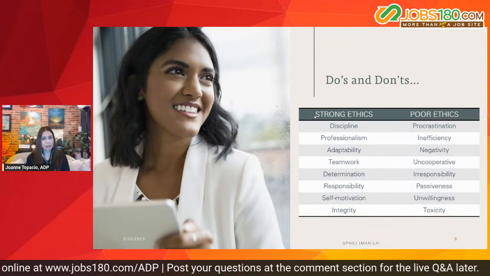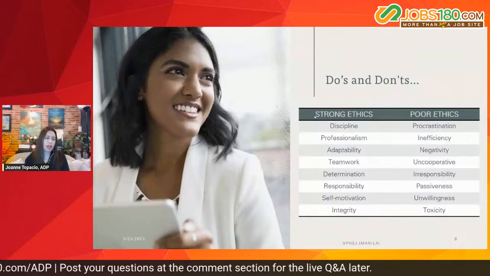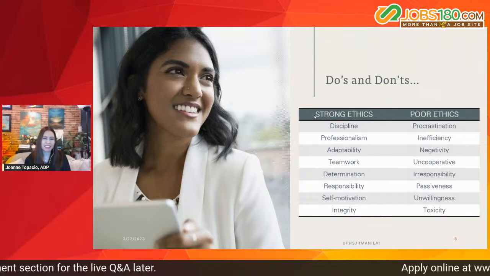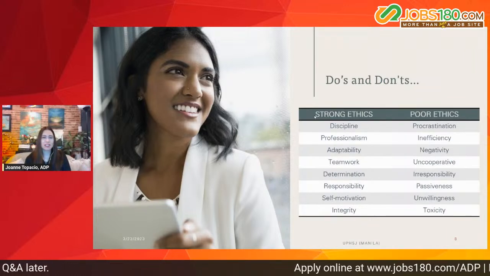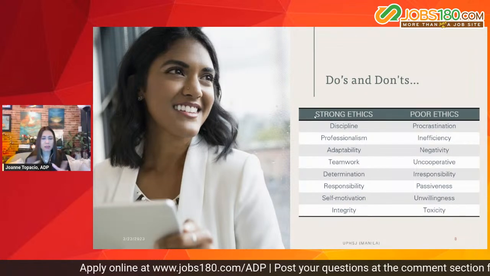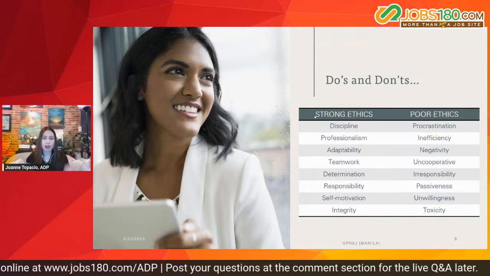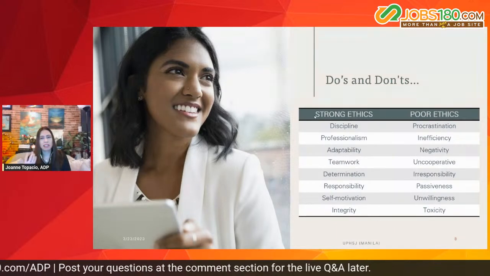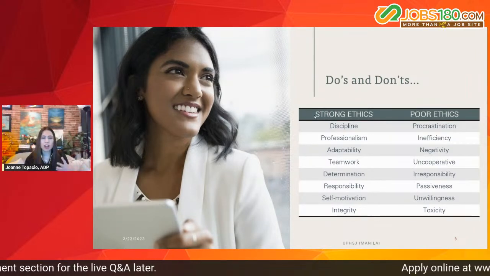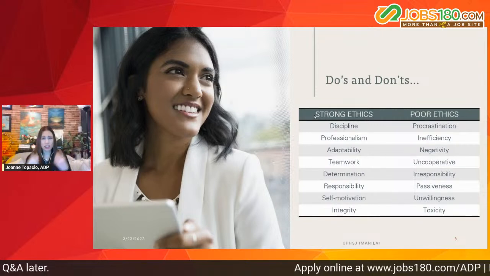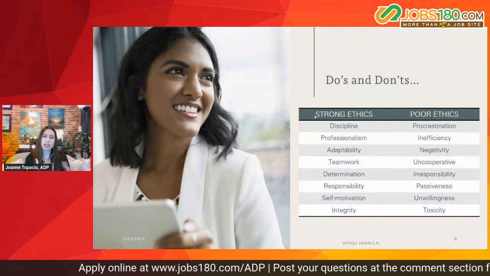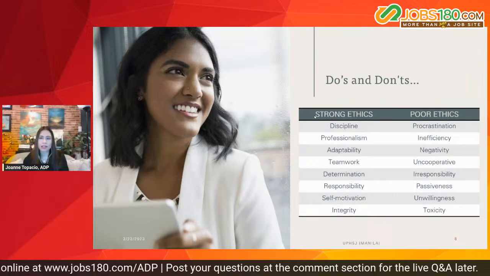Poor ethics, yung passiveness. You don't care. You come to work and then you do your basic workload and then you leave. So what we encourage kasi in our office is we have actually mga extracurricular activities like clubs in the office. We have the dance crew, house of music, mga singers, outdoor club, photo club, a lot of clubs so that we engage our associates to be more active at the office and to build friendships and bond also. So it's not all about work. You also want to have that personal,